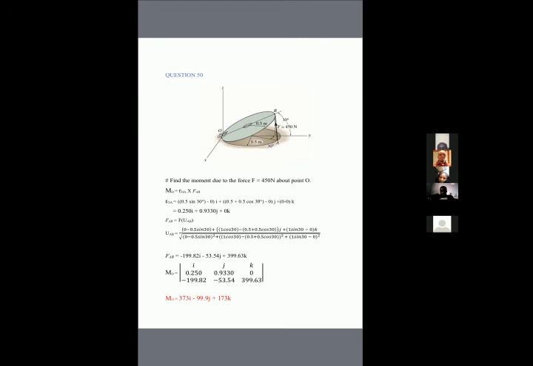So to resolve a force in terms of its vector components, as usual, we always multiply the unit vector by the magnitude of the force. So the force happens to be negative 199.82 minus 53, and then we should be able to have